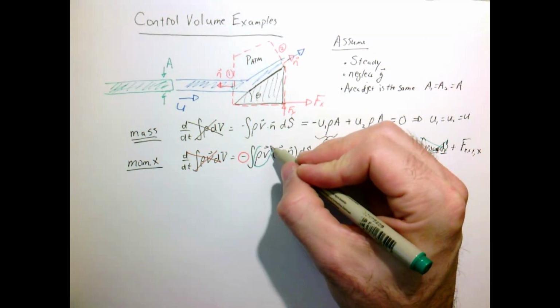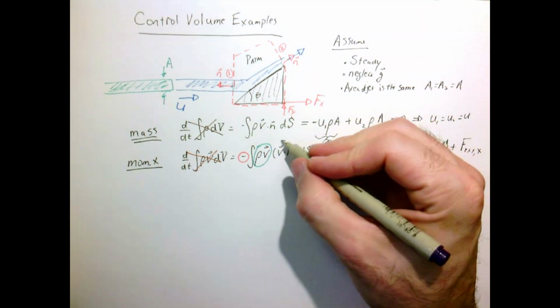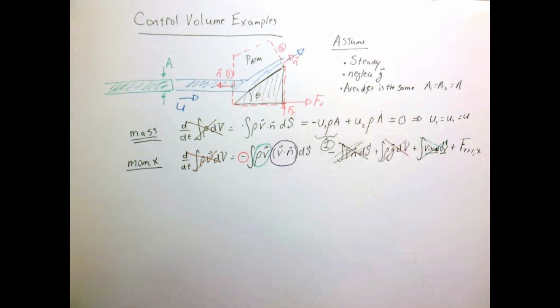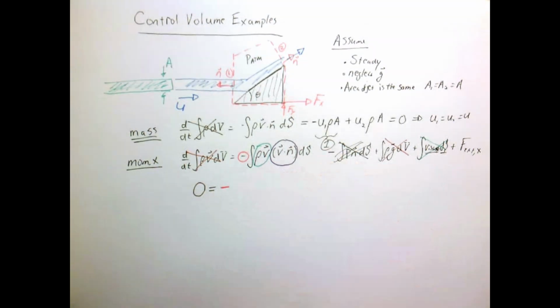This rho v is a vector, so we have to worry about the sign there. And v dot n can have a sign. So we have kind of three negative signs we always have to keep in mind. So our equation then is that 0 is equal